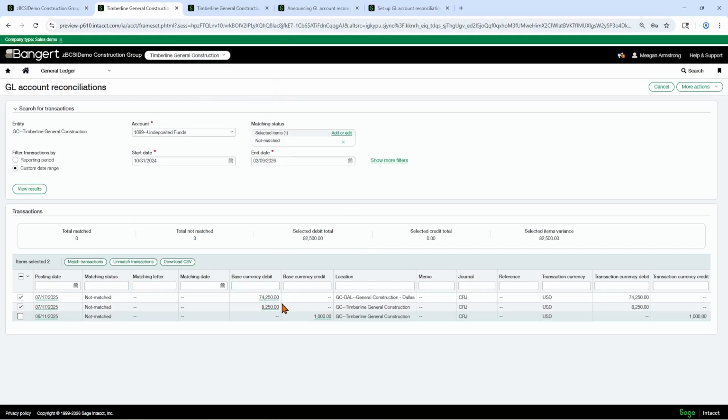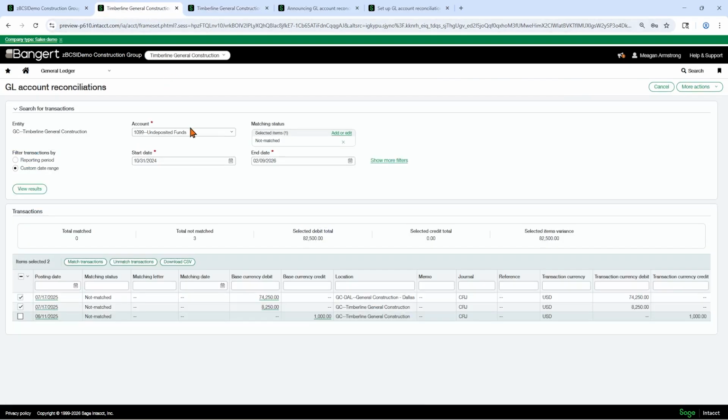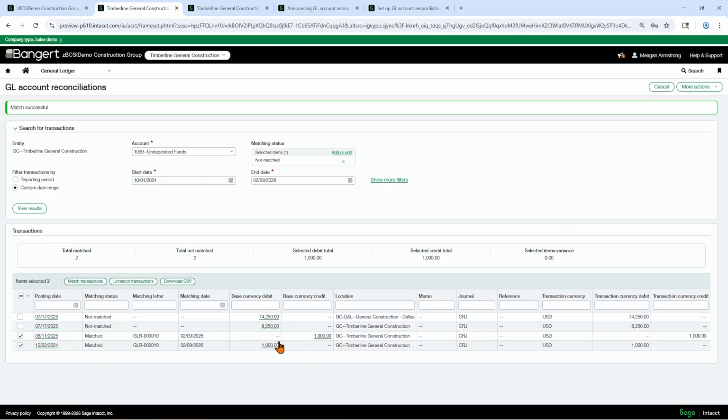So yeah, there's my $82,500 that we're off by. Looks like this is the $1,000 here. It's offset by this payment. Bring it back. That's where it is. We'll match it.